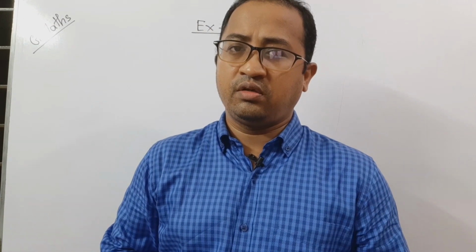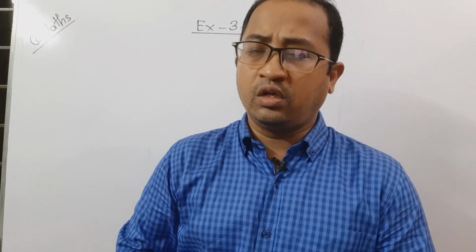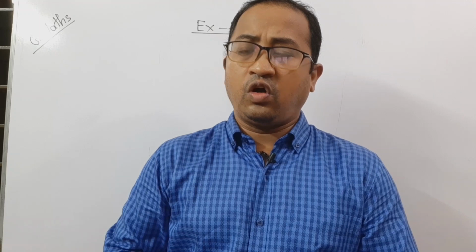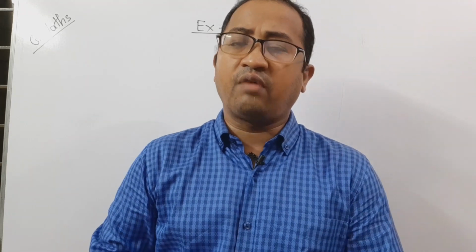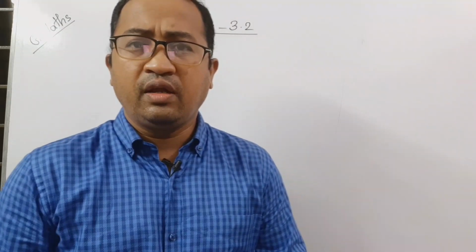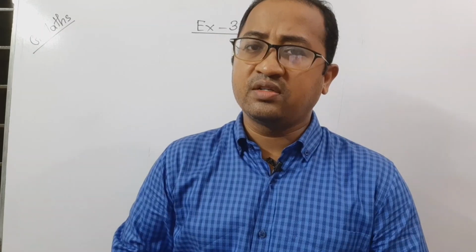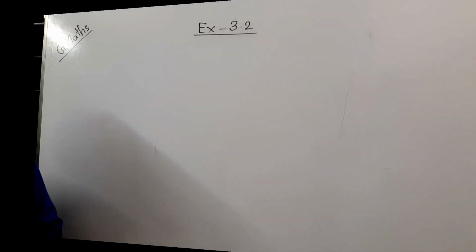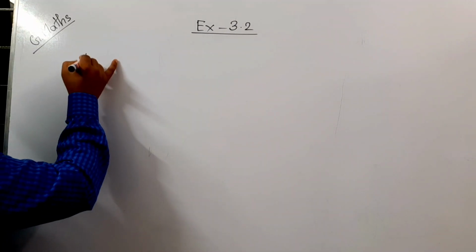Today I will discuss exercise 3.2 of your general math. At first I will show you the formula of this exercise. Already you have learned formula number 1 to 5 in exercise 3.1. So from this exercise we will start from formula number 6. So look at the board, formula number 6,